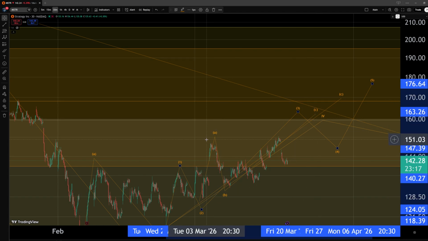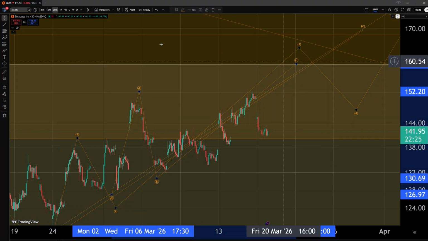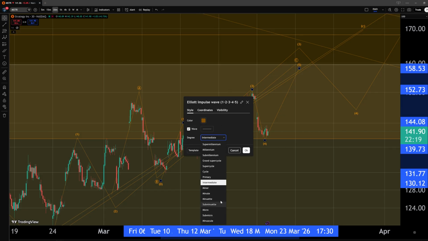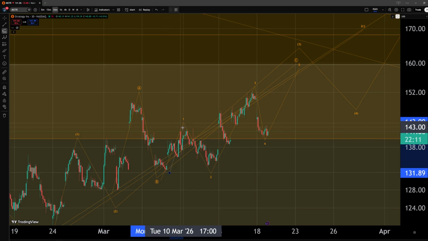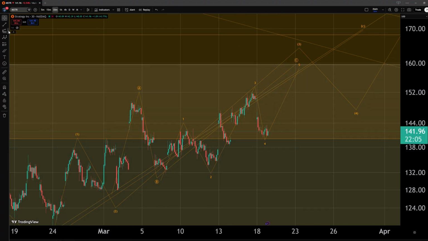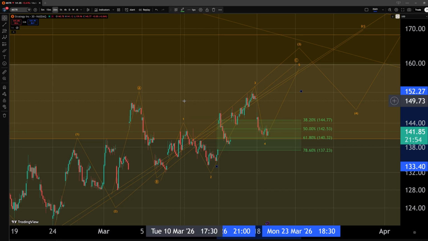Now, we should probably change some of these degrees as it is confusing with all of these counts on top of the other. And within this wave C, I am looking once again to build a 5-wave pattern which seems to be unfolding within the idea of an ending diagonal, and within this 5-wave pattern I would consider it possible to have the wave 3 top in place. We can notice that we have reached the ideal target, so we really wouldn't require any further extensions than this, but at the same time, the retracement in this wave 4 is quite substantial already, and I would typically expect not to break below the 61.8% retracement. So ideally, we are holding here above